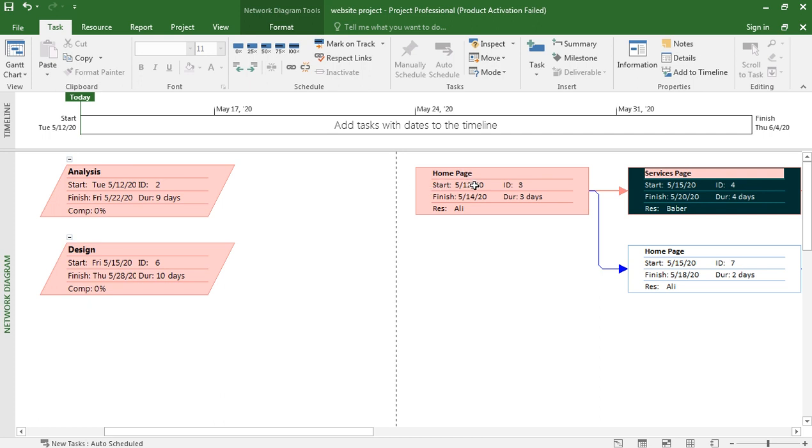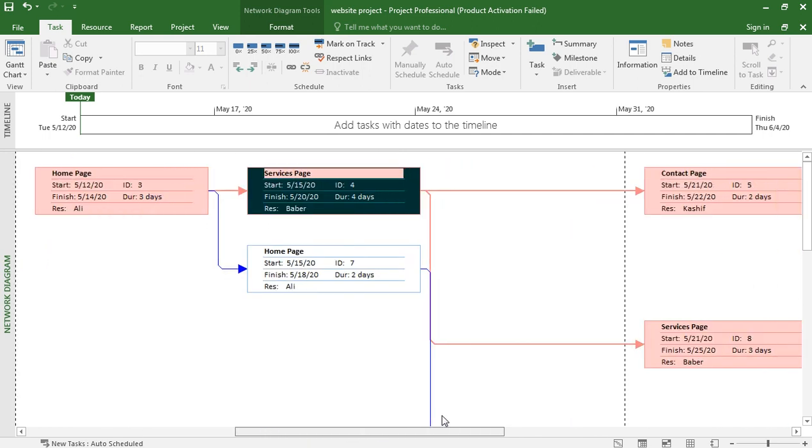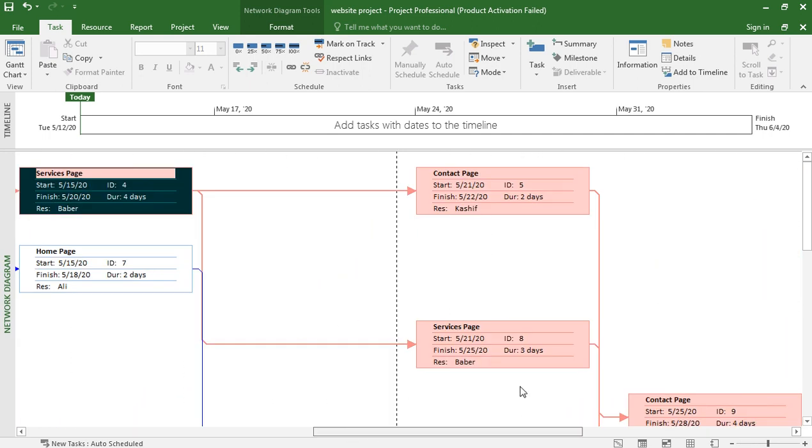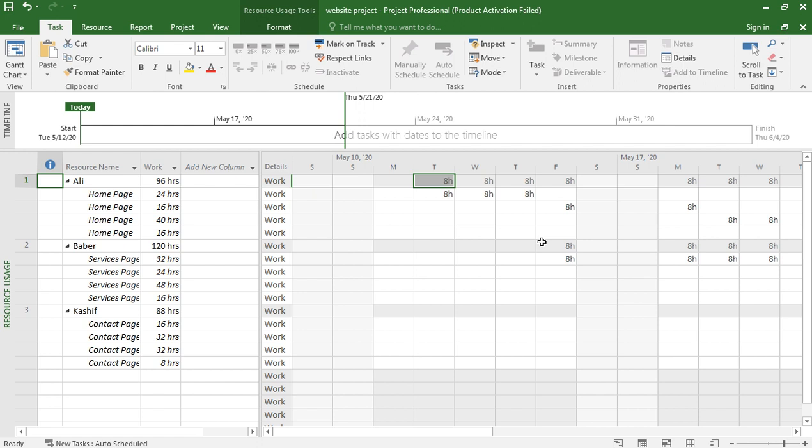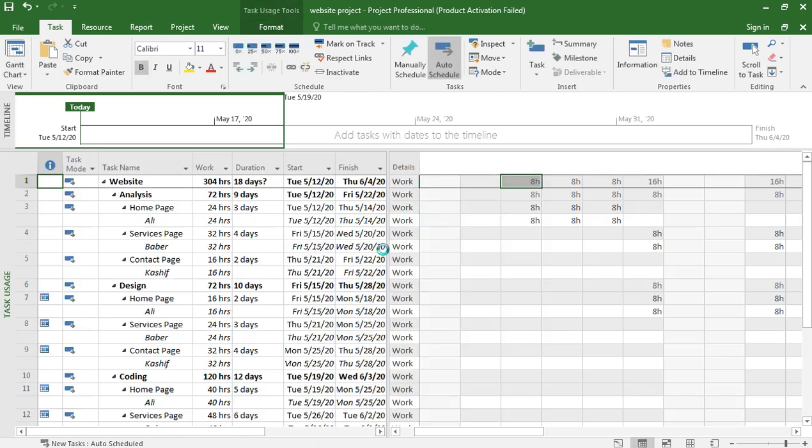The network diagram says it starts from this date and finishes on this date, 3 days, and the resource utilized, this Ali will do this. After that is the services page. The network diagram shows the total duration of the task pictorially, and you can adjust it according to your needs.